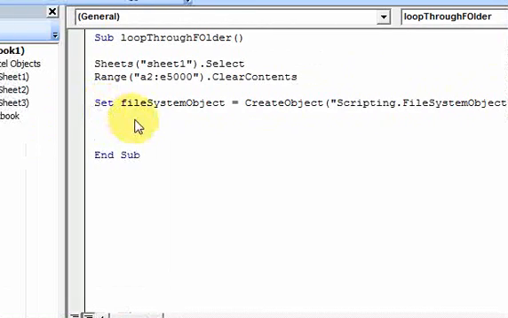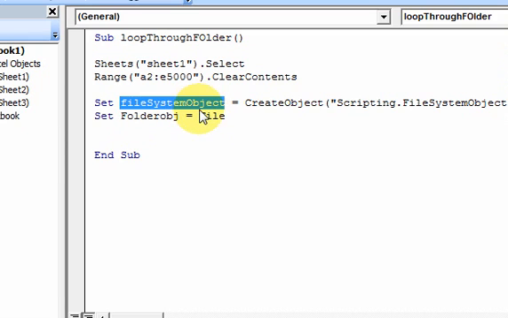So once we have that set up, we can do our next thing, which is going to be to set a folder object. Now, again, I didn't declare this, but it is best programming practice to declare things, but I'm not going to because sometimes you don't need to. It really isn't going to make or break the program. So I'm going to be a little bit lenient here and not declare these. And then what I want to do is set the folder object equal to this file system object that I just declared